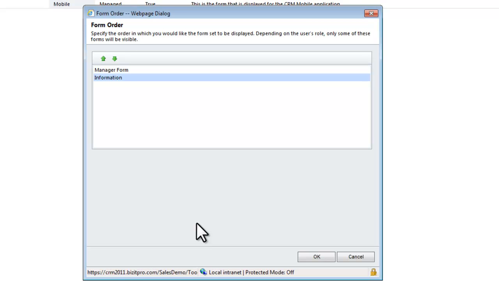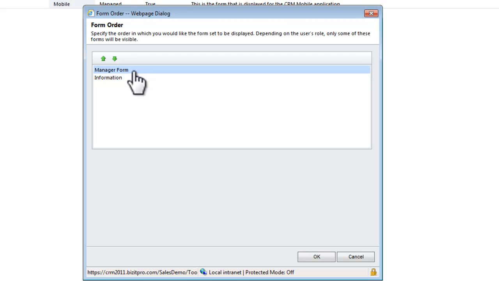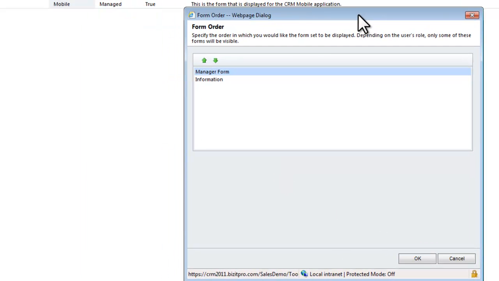This takes care of a circumstance where an individual can see more than one form. So what happens is that the manager form will not be available to anyone but the manager, who could also see the information form. Since we want him to default to the manager form and not the information form, we want the manager form to be first in the list. So in this particular case, with the configuration that we have in place, when the manager goes and looks at a case, he will see the manager form and not the information form. All other users of the system will go straight to the information